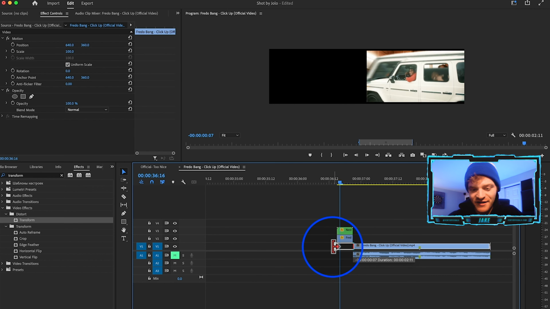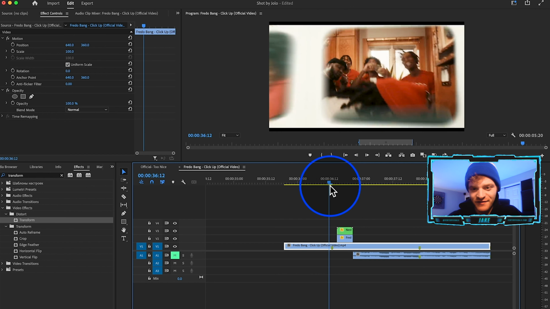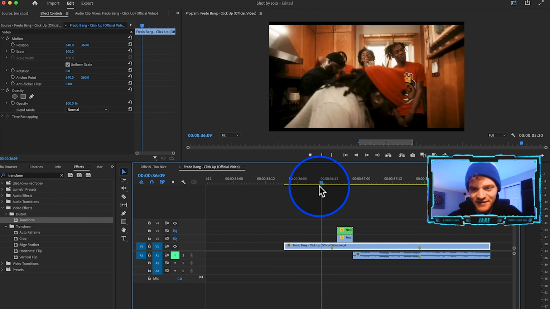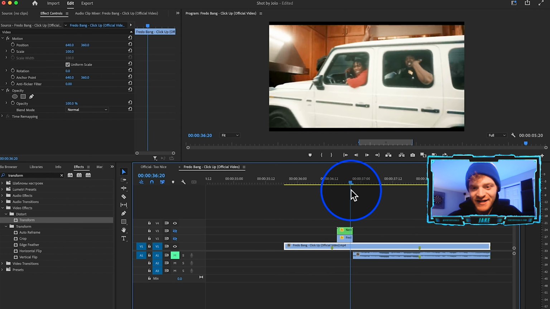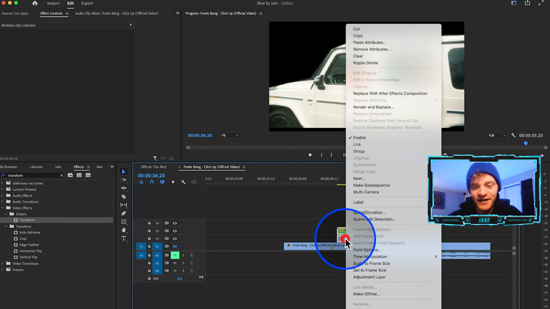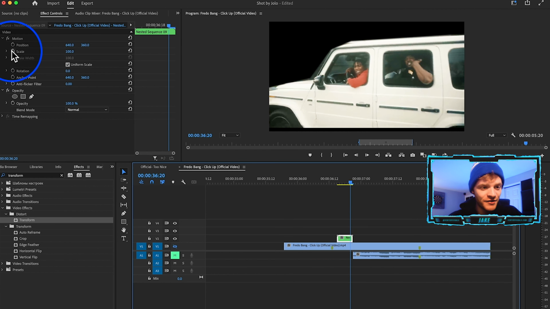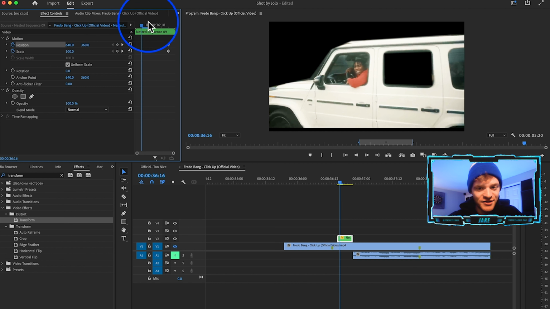Let's just drag out our main footage here underneath so we can see. Right, so there's their music video. Let's hide our effect that we just made. So there's their music video right there. Their truck kind of falls into the frame. What I'm going to do with both these layers is highlight them, right click on them, and hit nest, hit OK. And now we're going to hit a keyframe on the scale and position, and